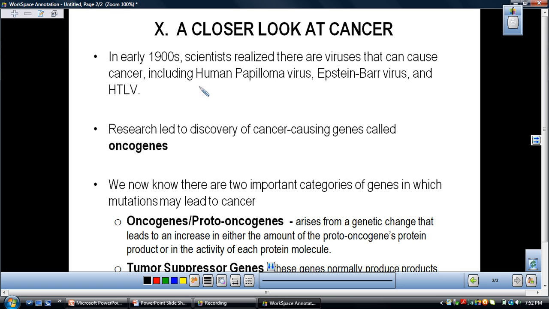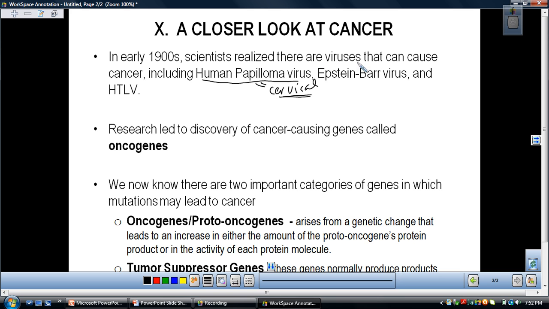This is something that a lot of people don't think about, how a virus may lead to cancer. The first one you see listed here, the human papillomavirus, there has been a link between people that have this virus and the incidence of them having cervical cancer. Of course, this is women, which is why a lot of women and even young girls are now getting the HPV vaccine, which can happen as early as 14 and 15 years old, and a lot of parents are having their daughters get this to try to prevent them from getting cervical cancer later in life. So that's one virus. It doesn't mean that every person that has ever had cervical cancer has had the human papillomavirus, but the other way can be said: